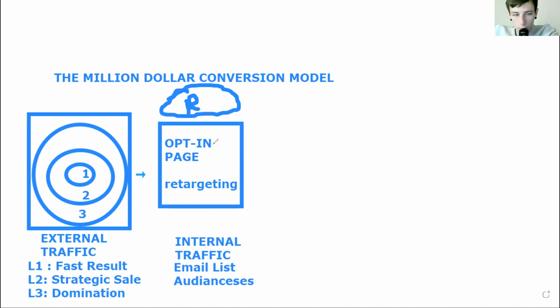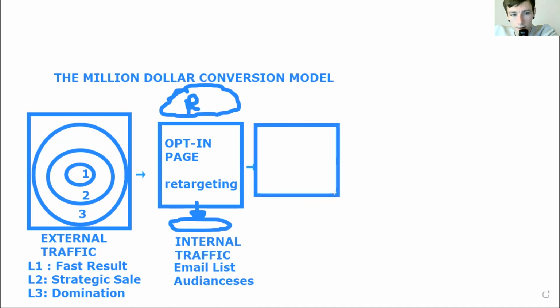So what happens after this? Say they opt in. Maybe you get 20 to 60% of people opting in to your email list, so you're starting to build your email list here. After this, they go to the next page, which is your pre-frame funnel.